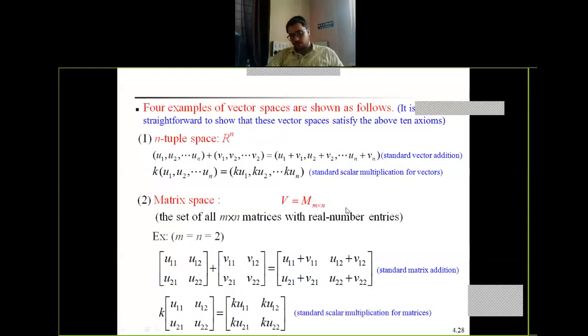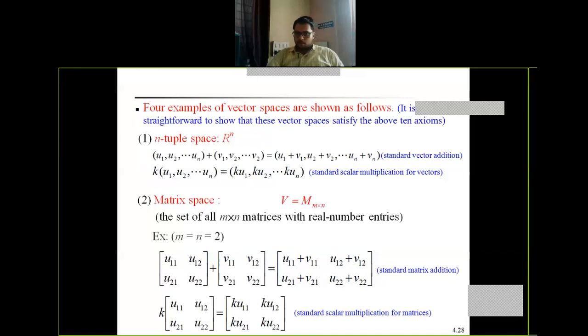So we were observing examples of vector spaces, and these are a few examples that I have shown in this slide. The n-tuple space, we already know how it can be a vector space. We have already discussed it yesterday also. Next, the matrix space V equal to M of order m by n. If m and n equal 2, then